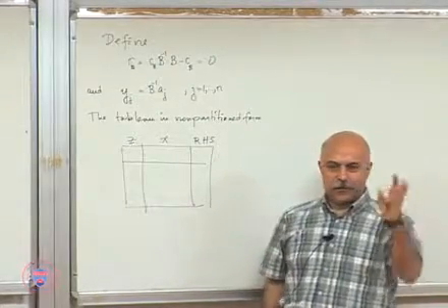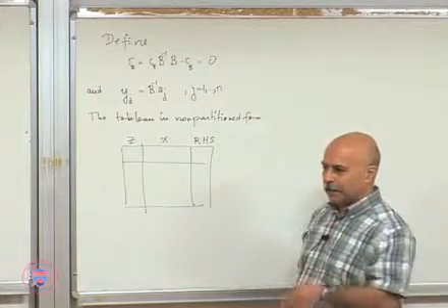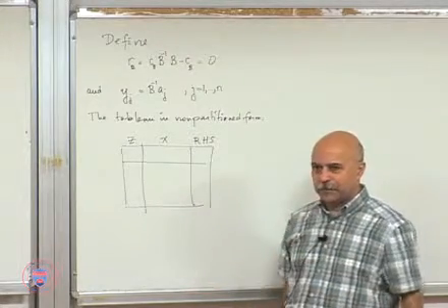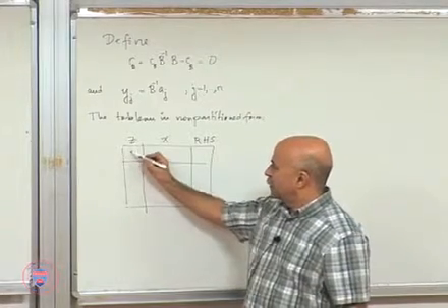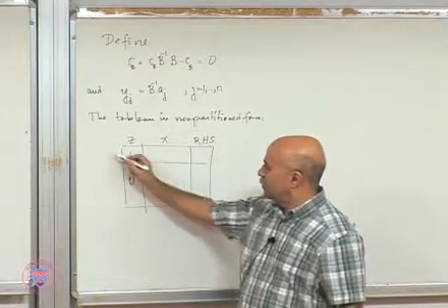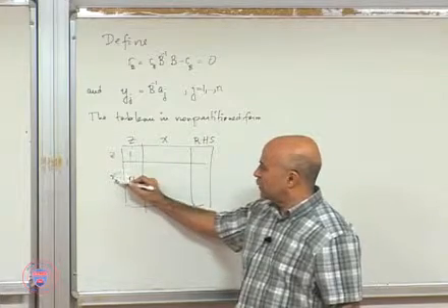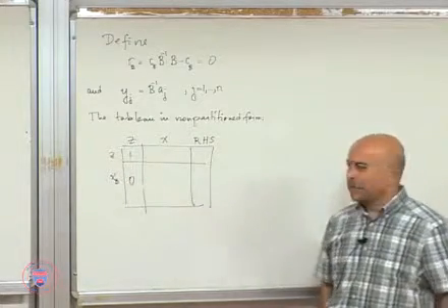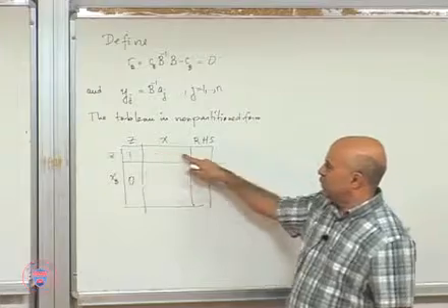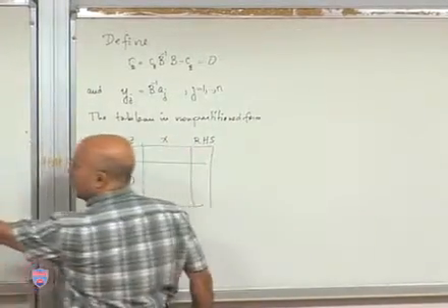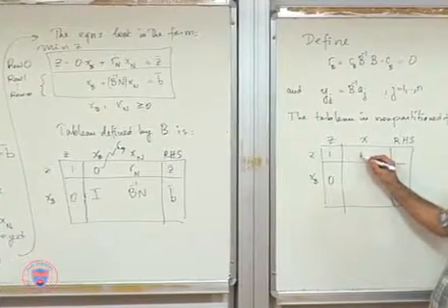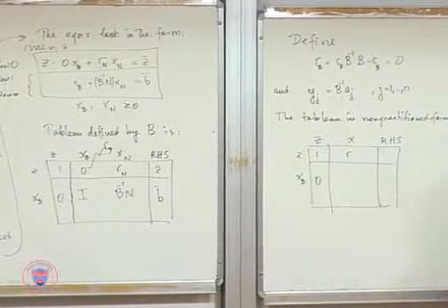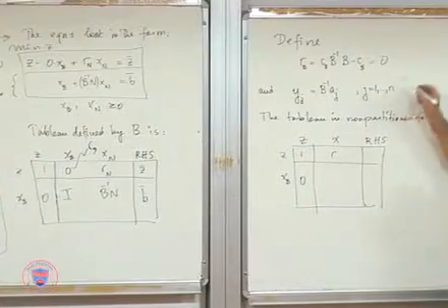The columns that go into B are the basic columns. The columns that are out of the B are non-basic columns. So in that case, you still have your 1 and 0 here. We're still talking about the same basis, B. Okay? What you see here is RB and RN,